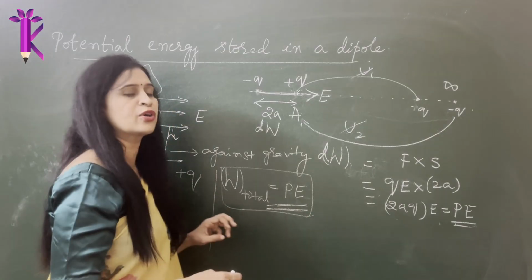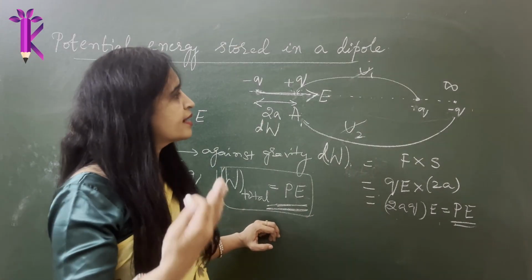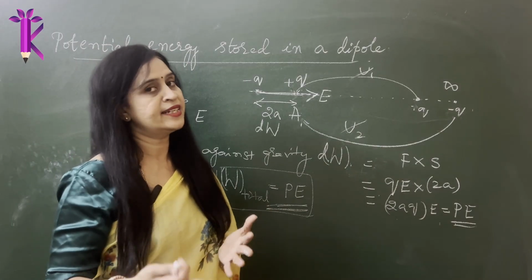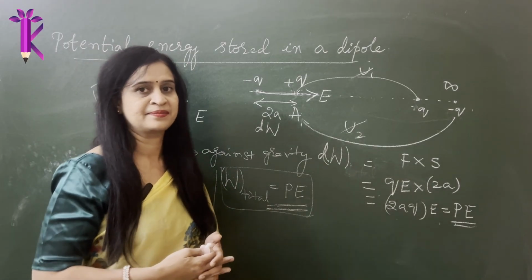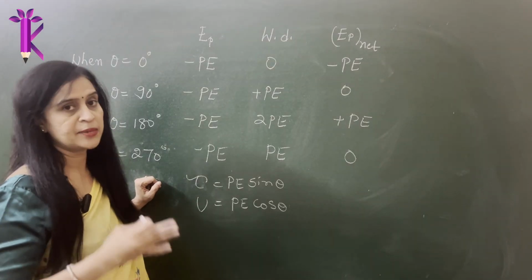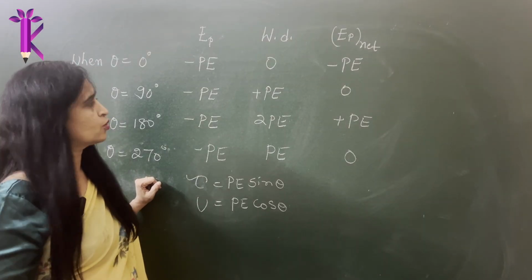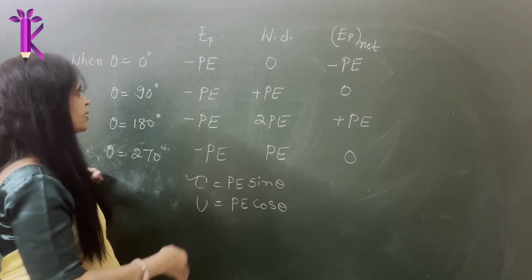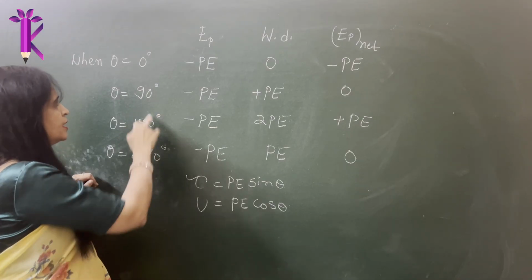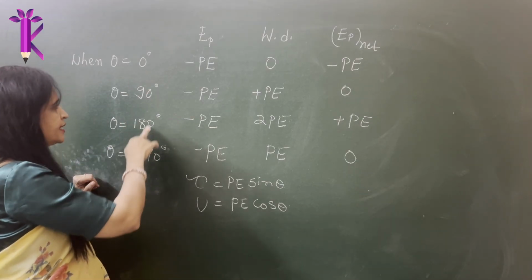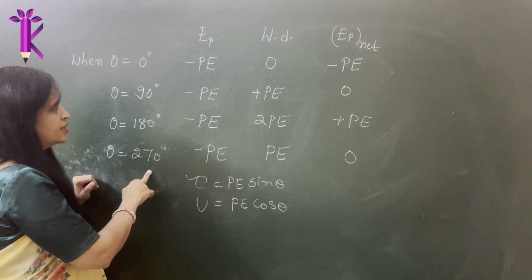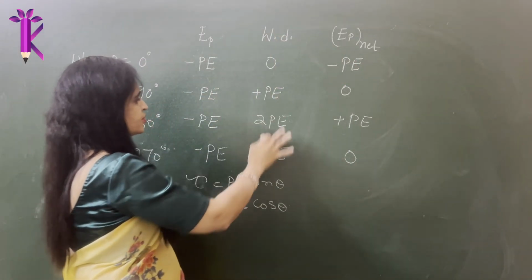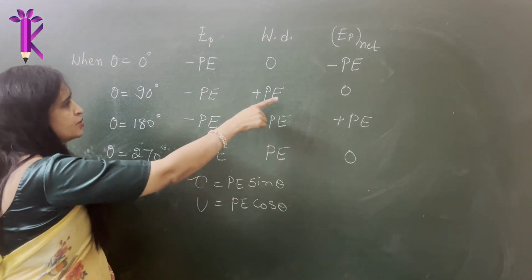Now we can calculate the amount of work done for various angles and write a table also at the end, so that you have a table to calculate easily when it comes to your entrance examinations. This table is very important if you know the values, or if you know how to calculate what we have done. I'm not going to recalculate it, because we have already done it for various values. These are different values of rotation, when you rotate it through 0 degree, 90 degree, 0 to 90, and then 180 degree, 270 degree. What will be the PE, the potential energy stored, the work done, the net potential energy. So these are certain values that you must remember.